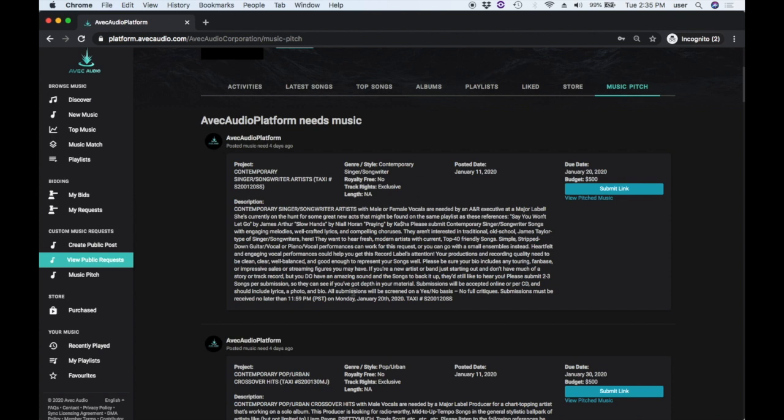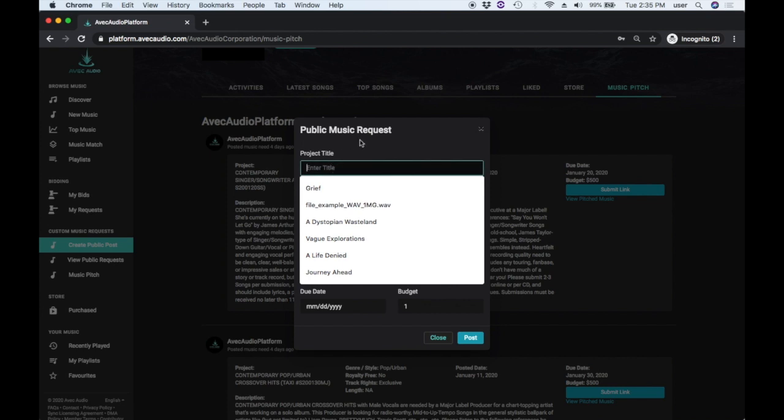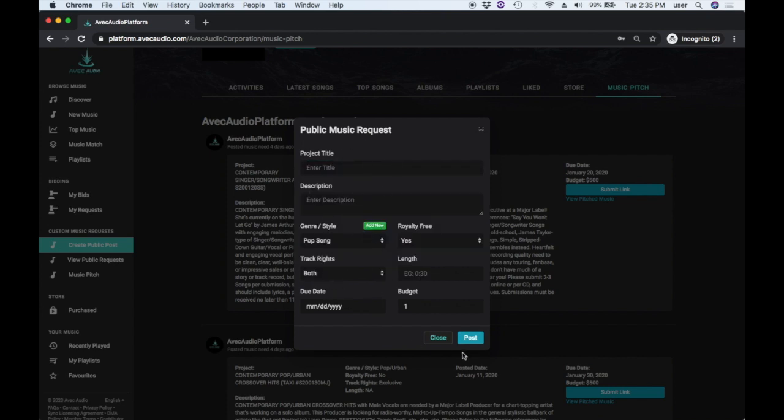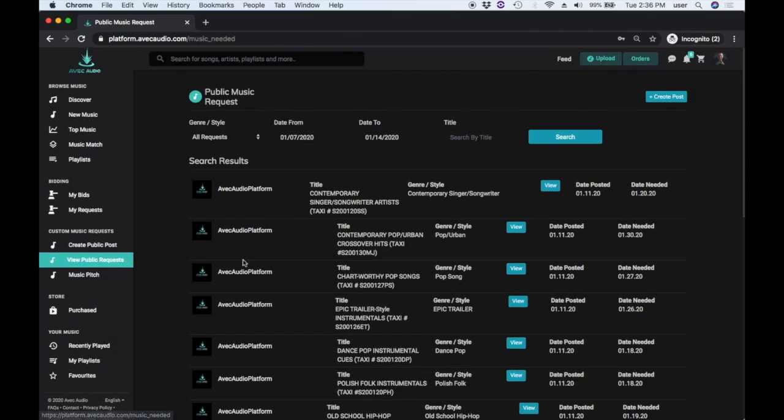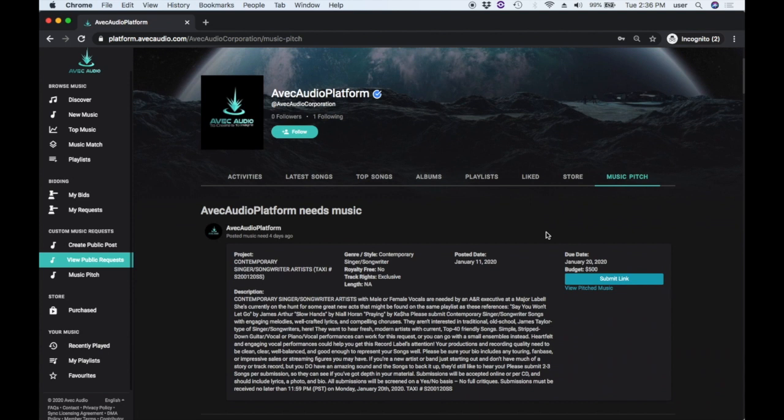Or in the event that you're a buyer, you can also just create a public post that will show up by just filling in this information here. You'll fill out what you're looking for. You'll click post underneath a specific genre, your budget, the due date, and then it'll populate in here for your composers to search. And so once the composer finds something that meets their criteria for composing,